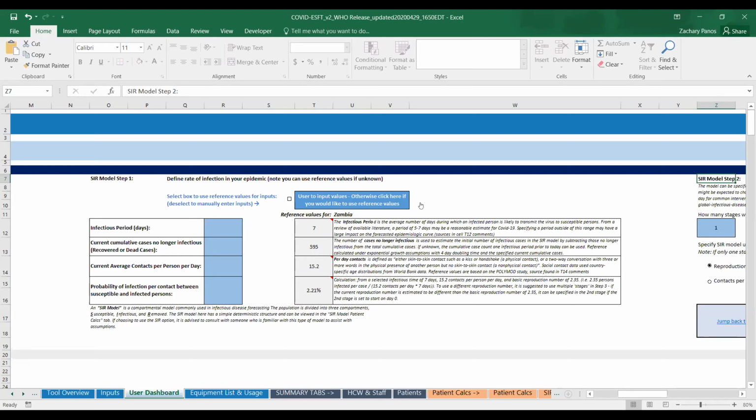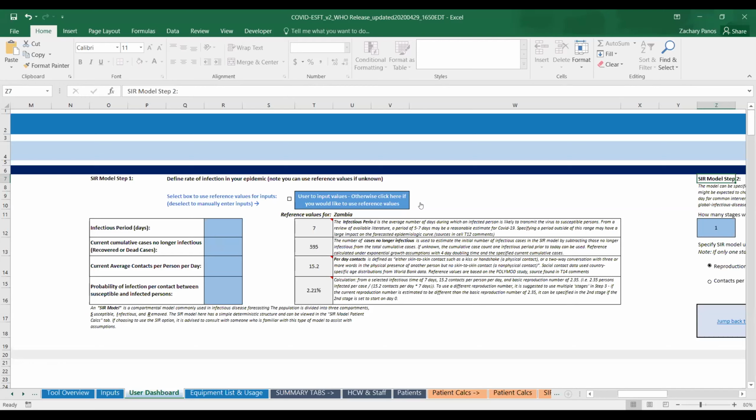The last two inputs here are the current average contacts per person per day and the probability of infection per contact between a susceptible and an infected person. These have been determined by default based on reference data and published literature that has modeled the current average contacts per person per day per country based on non-COVID transmission times.